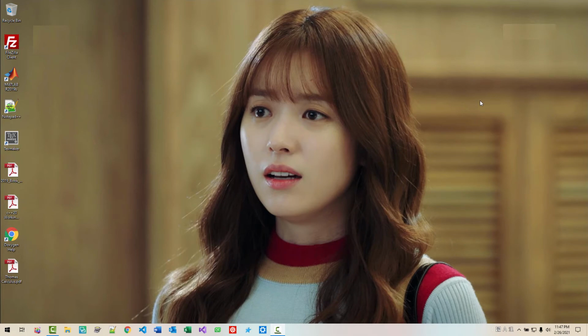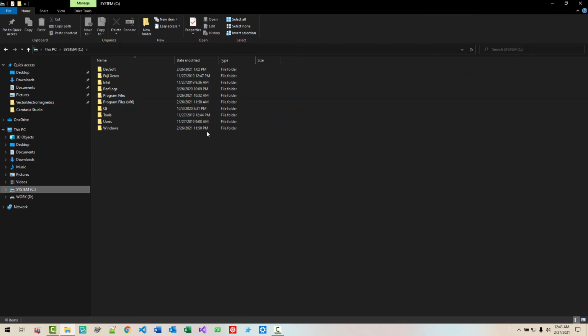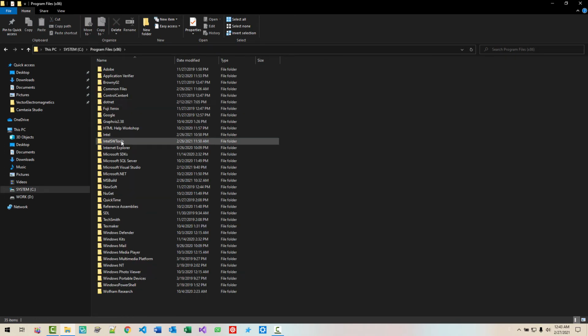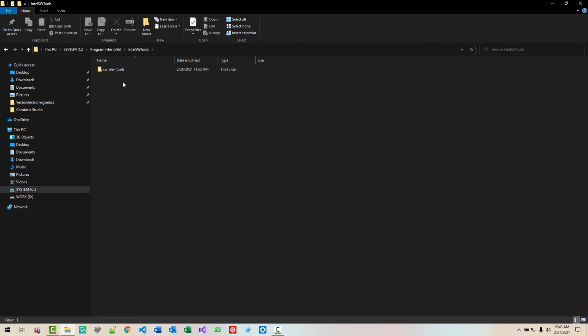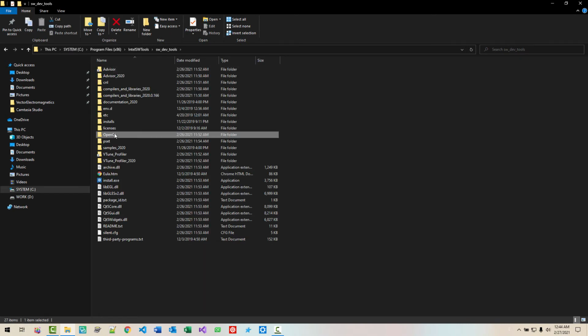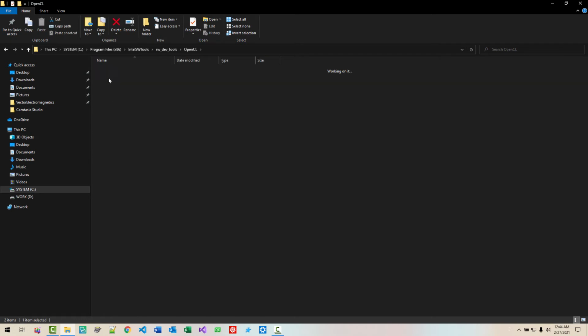We have to reboot our machine. My current session continues after restarting my machine. I just restarted my machine. Open File Explorer, C drive, Program Files x86, Intel Software Develop Tools, OpenCL SYCL,